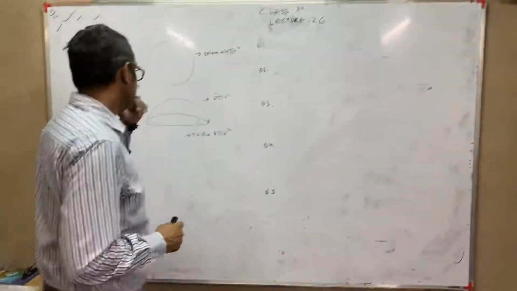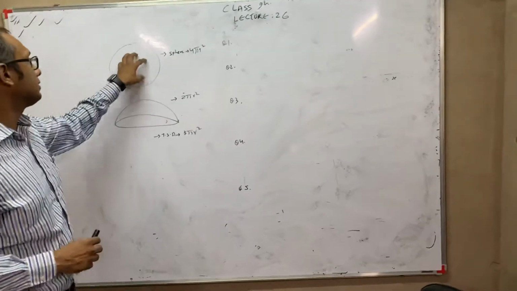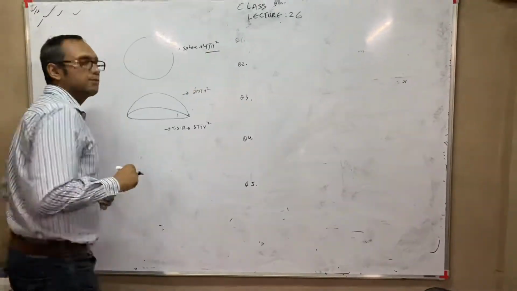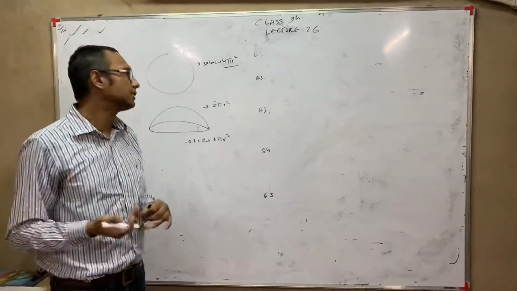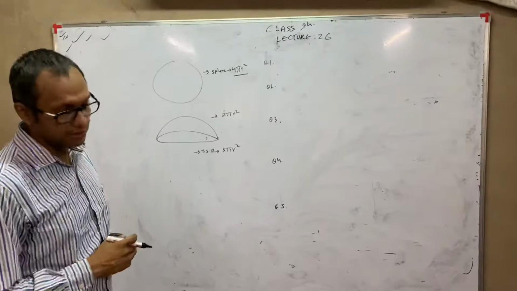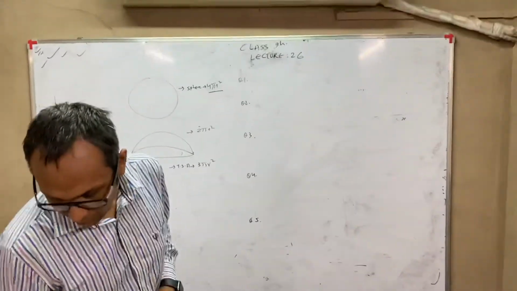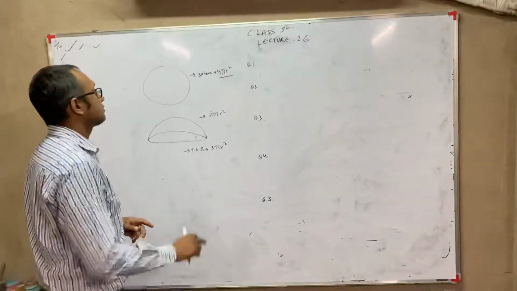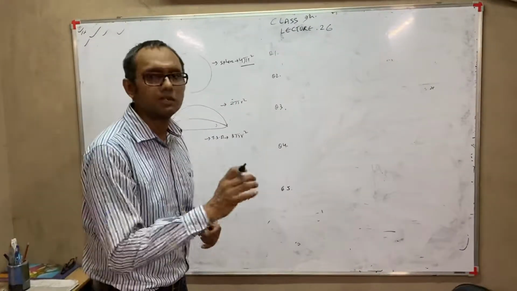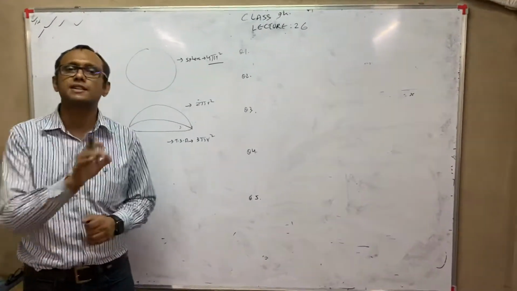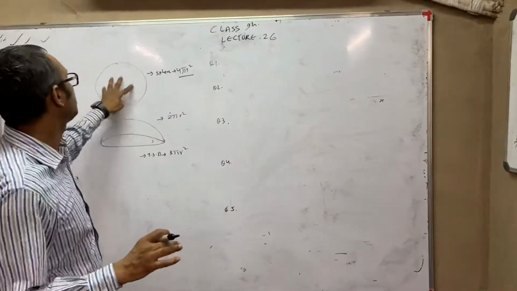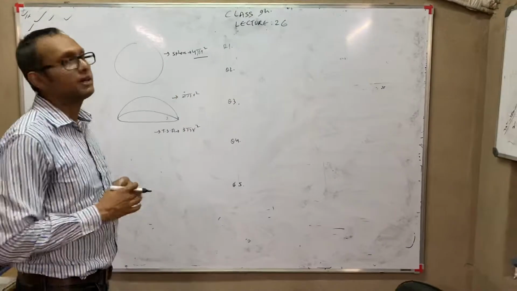Now, as I sent you in the formula sheet, now we will talk about a sphere. A sphere's surface area formula is 4 pi r square. For example, Earth is a sphere, so the formula is 4 pi r square. Whenever a question comes, find the surface area of a sphere, you have to use 4 pi r square. They won't mention total surface area or curved surface area. They will just say the sentence, find the surface area of a sphere. So you have to use this formula by default, which is 4 pi r square.